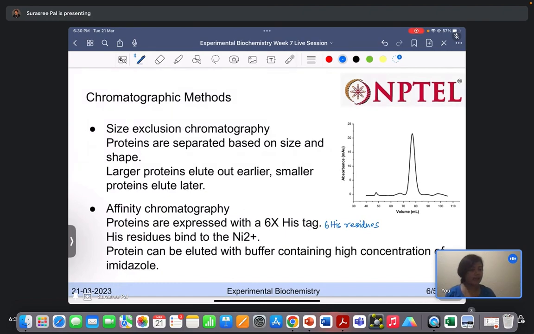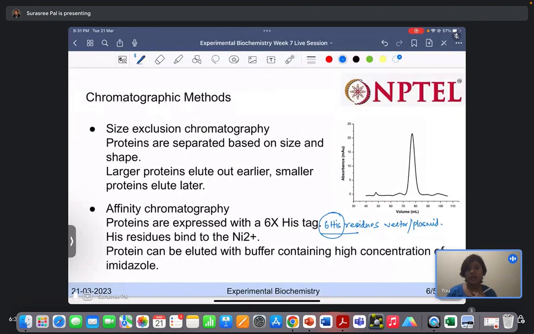This is a tag which actually comes from the vector or the plasmid. The plasmid in which we express our gene, or the plasmid in which we have cloned our gene, from that plasmid this 6x histidine tag comes,